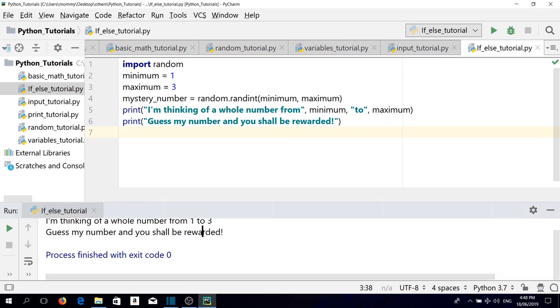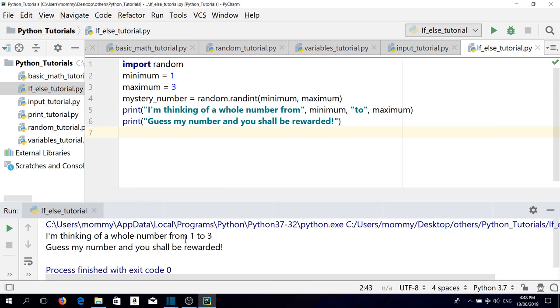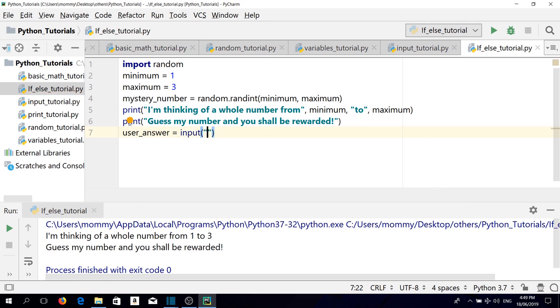It's a good idea to test what we have done so far. We do this by printing: I'm thinking of a whole number from 1 to 3. Guess my number and you shall be rewarded. So let's type user answer equals input parentheses integer colon and space. And let's put an if user answer equals